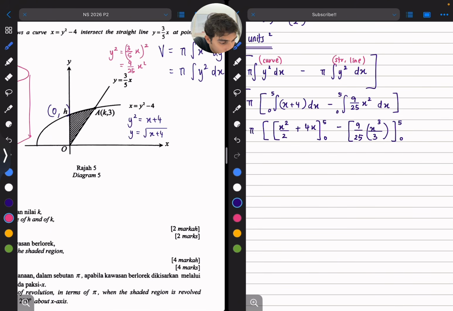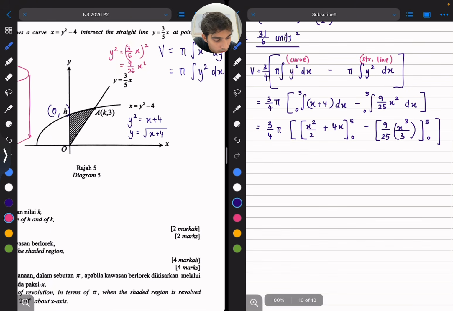From 5 to 0. Okay. So 3 over 4 pi. Then we just substitute inside lah. So this will become 5 square over 2 plus 4 times 5 minus,